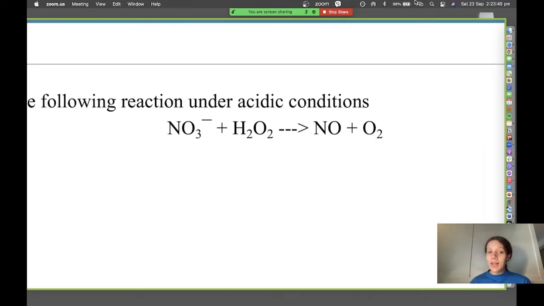This is a really good skill to have as well because we're looking at oxidation numbers, we're looking at what redox is by definition, how to identify redox reactions, and then obviously the balancing itself. So these are good questions in terms of revising a couple of different concepts at the same time. So let's start with our oxidation states.